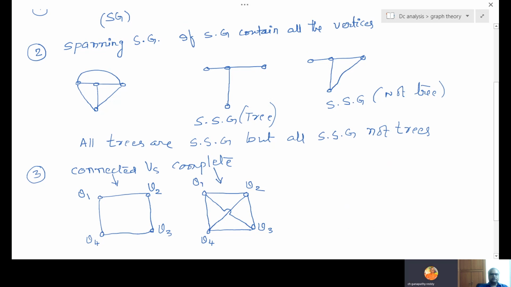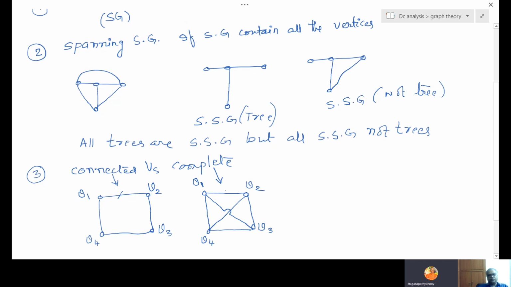So what is the difference between these two? This V1, V2, think of them like villages. All villages are connected with roads, so connected. But this road is shared by village 1 and village 2. And now village 1 will go to village 3, again the same thing. That means this road is common for these two villages and also village 1 and village 3.